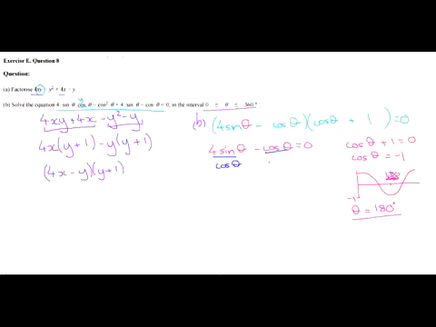When you've got sine and cos, always think about doing this because you know that tan theta is sine theta divided by cos theta. So that's 4 tan theta minus 1 because they will cancel each other out, and that's equal to 0. So we can say that 4 tan theta is equal to 1,